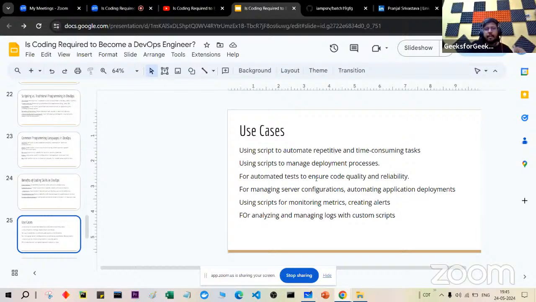For example, you can use scripts to manage the deployment process, and you can use scripts for automated testing. Testing is very important, although I won't say you have to write the whole test suite. But here, inside the DevOps pipeline,